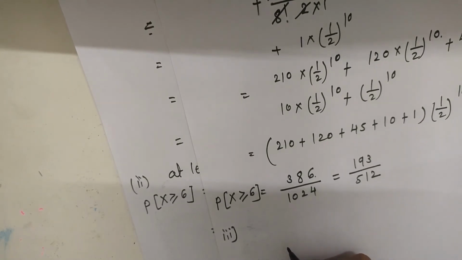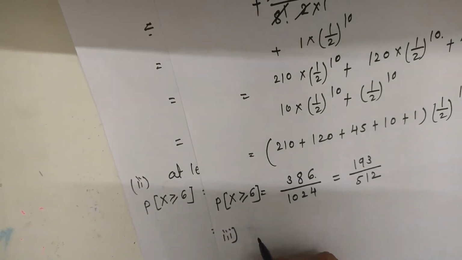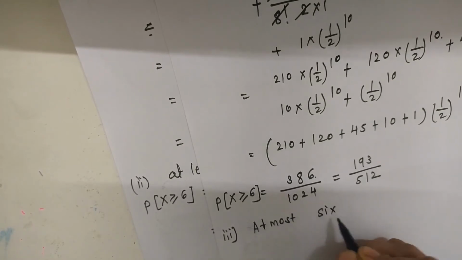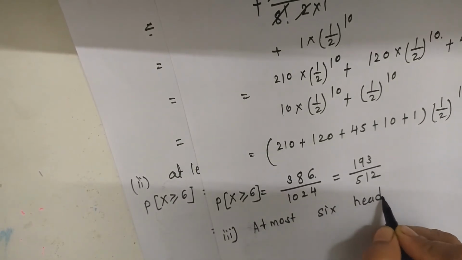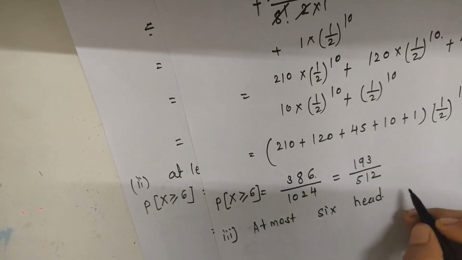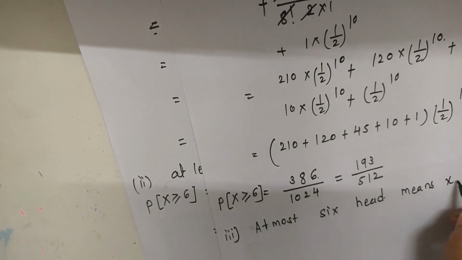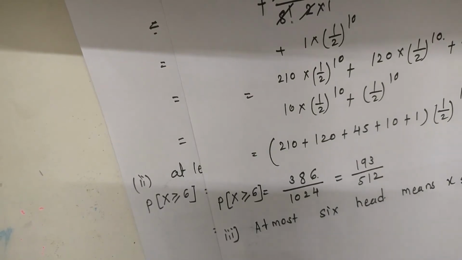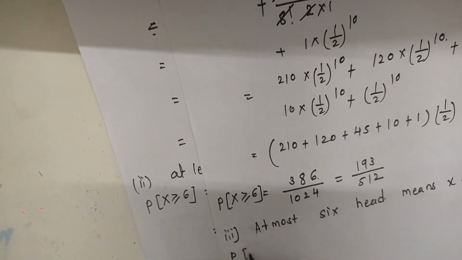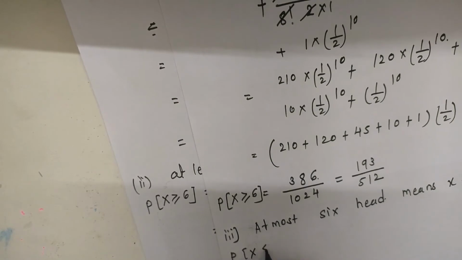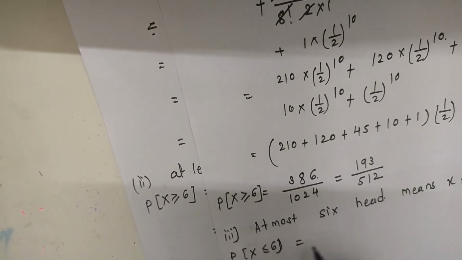Addition of all probabilities less than or equal to 6. So here, at most 6 heads, that is 6 successes, means x less than or equal to 6. So the probability for x less than or equal to 6 can be written as